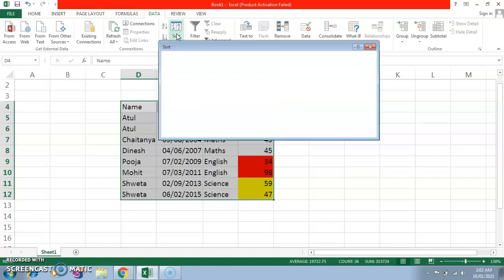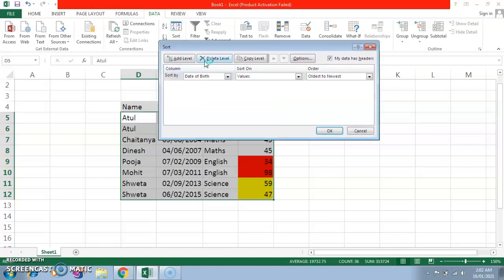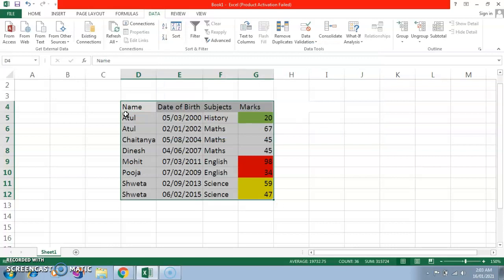Then I'll click on sort, delete level, sort by name, then values, which is the names mentioned in it, A to Z. I click on OK and you can see here A, C, D names have been arranged alphabetically from A